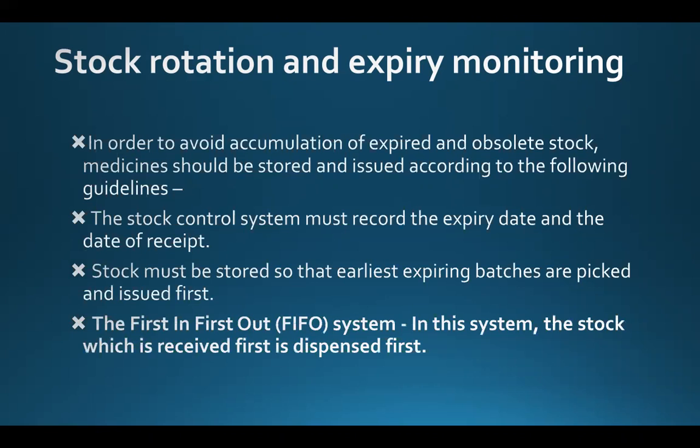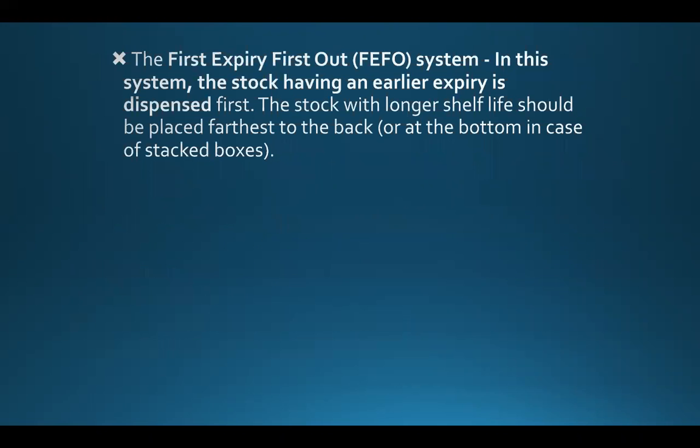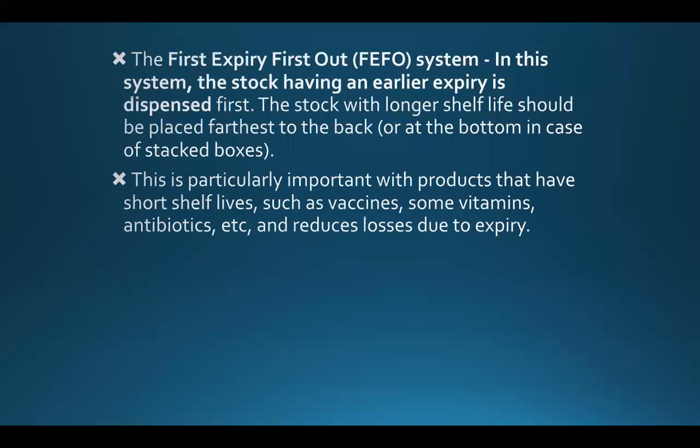The first in, first out, that is the FIFO system. In this system, the stock which is received first is dispensed first. The first expiry, first out system: in this system, the stock having an earlier expiry is dispensed first. The stock with longer shelf life should be placed further to the back, or at the bottom in case of stacked boxes. This is particularly important with products that have short shelf life, such as vaccines, some vitamins, antibiotics, and